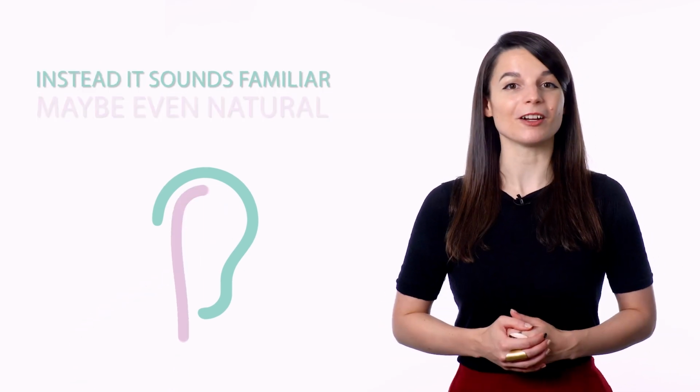Instead, it sounds familiar, maybe even natural. So how do you go about perfecting your accent? The best way is to break down the language into its individual sounds. Make note of any sounds that are the same or similar to your native language and of those that are different. Of the sounds that are different, spend your time practicing the ones that you find the hardest to say